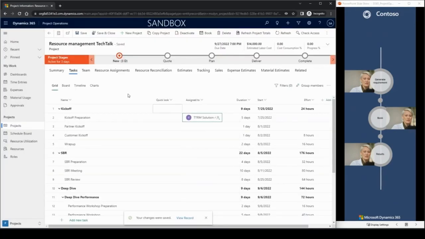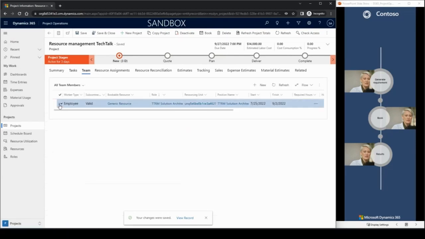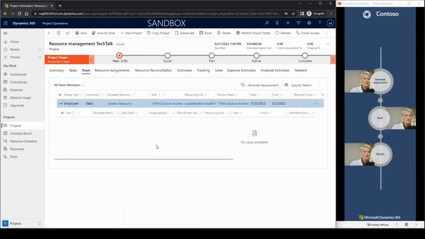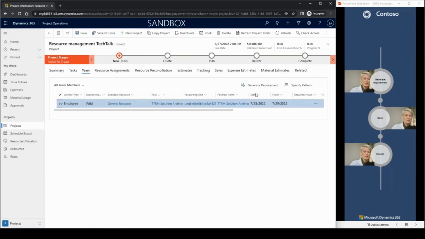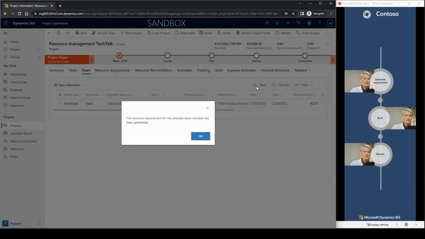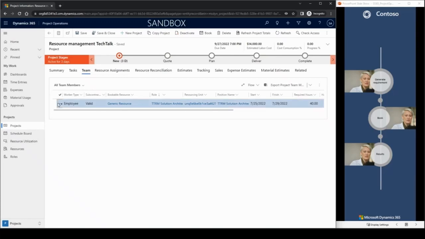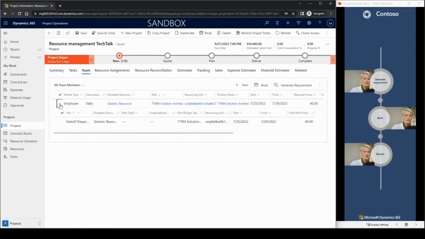Now we are going to add quickly a solution architect role for our kickoff presentation. After we have added this generic resource and we wait for the changes to be synchronized, we can go ahead and generate a resource requirement. Since we are now in a hybrid mode, we can immediately go ahead and find a resource to fulfill this requirement. The book button,